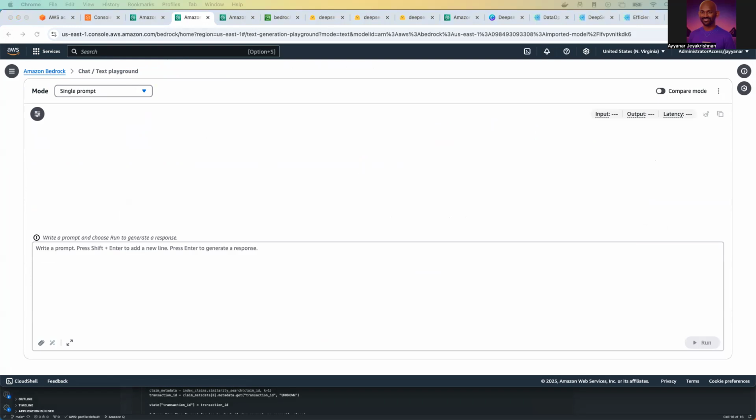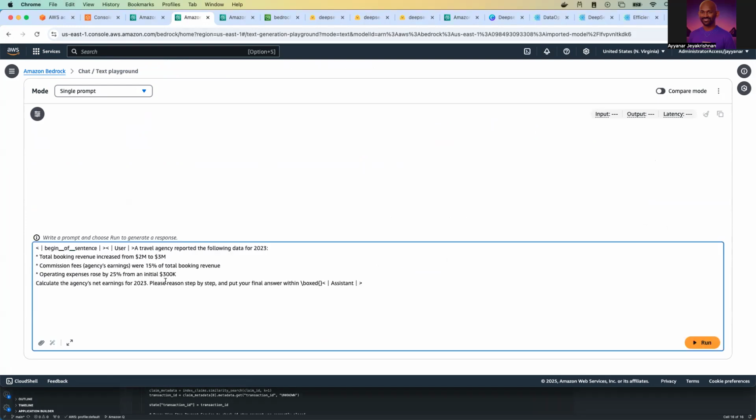Since this is a reasoning model, it has a certain format. You can give free-form text, but I would prefer to give it like this. Your travel agency reports the following data for 2023. Total booking revenue increased from 2 million to 3 million. Commission fees were 15% of the total revenue. So operation results also experience